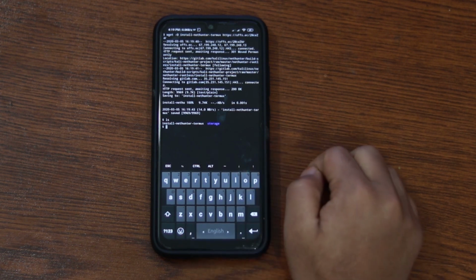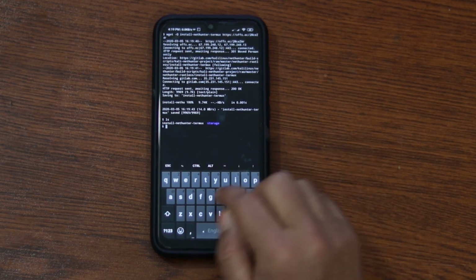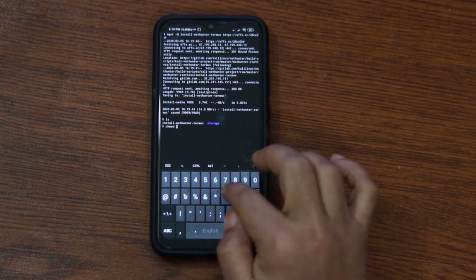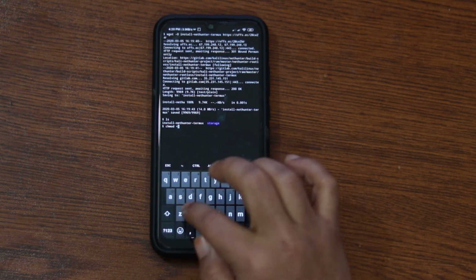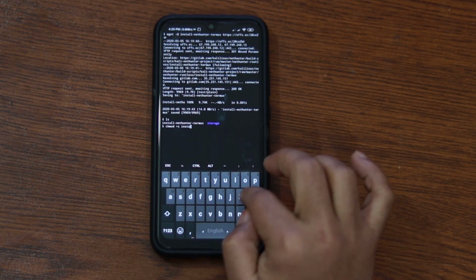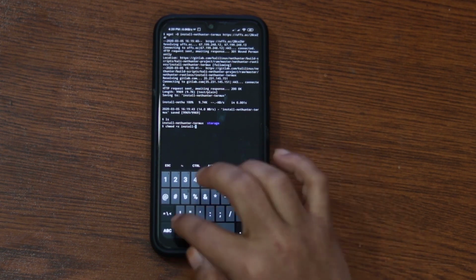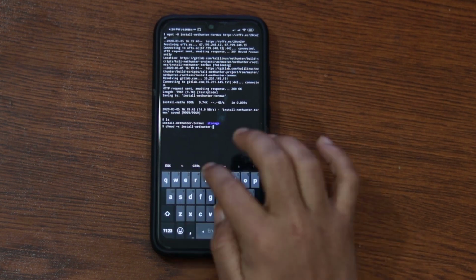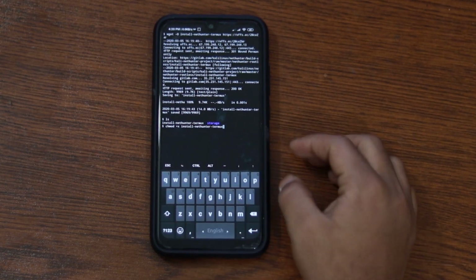And here you will see the NetHunter installer script. We need to give it execution permission. Type this command chmod +x and the script name, and hit enter.